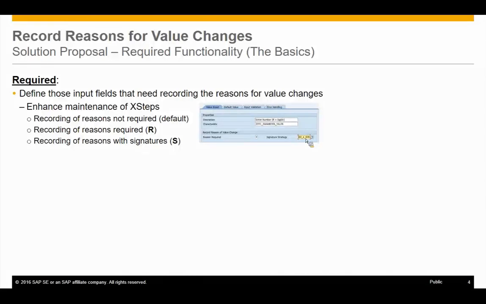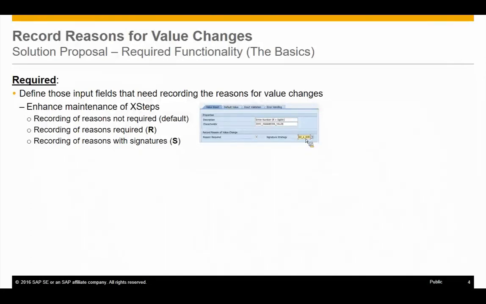With respect to the type of the digital signatures, similar to the signature strategies or the multi-step signature processes that you use for deviations, we have a synchronous execution. This means once you trigger this multi-step signature process, the first individual signee has to sign, and then immediately the pop-up for signing of the following individual signature is triggered. So there's no possibility to stop the process in between and to save, let's say, the PI sheet in the status